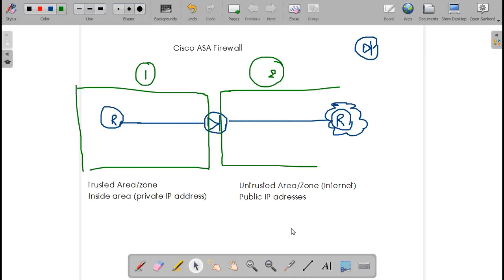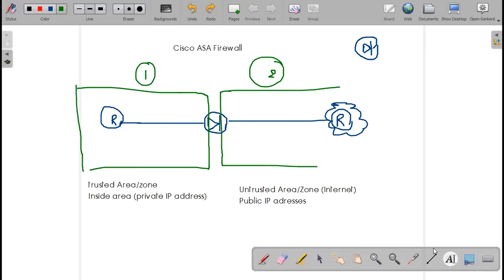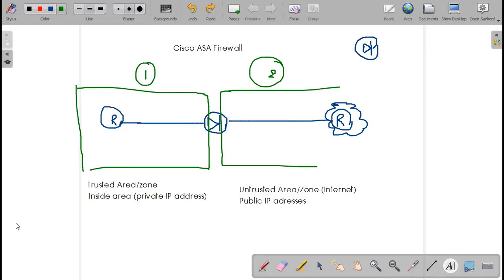So if this is the case, how does a firewall work? To make your firewall work, on your firewall you have got two rules. What are those two rules?